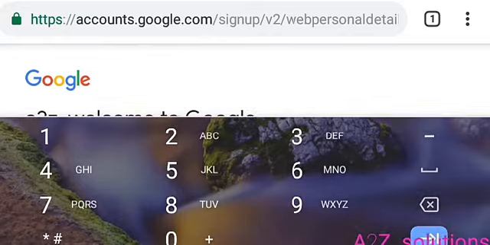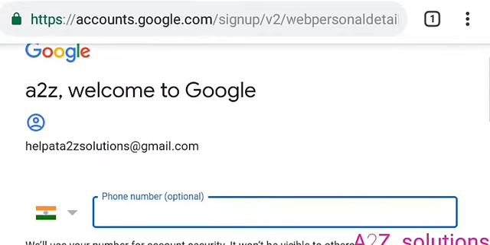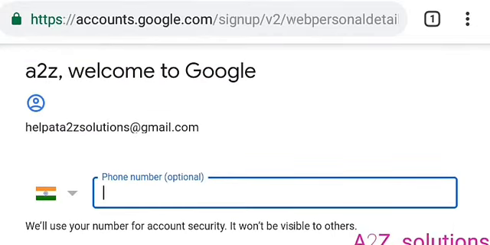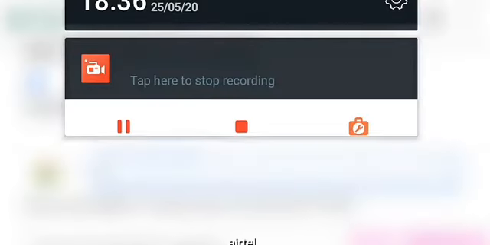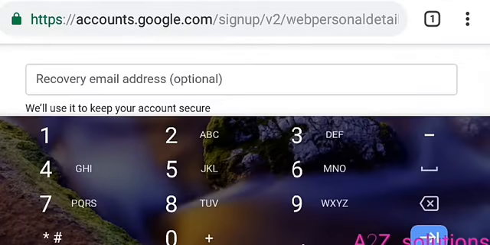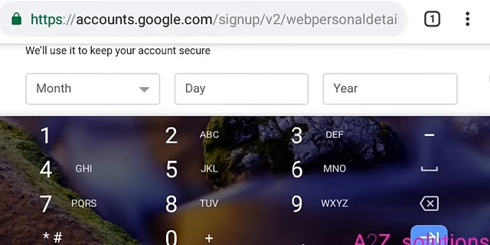We can see welcome A to Z, which is the name I gave, and the email, that is help at A to Z Solutions at gmail.com. Here it is asking for the mobile number. So you give your mobile number here. After entering the mobile number, it asks you for the recovery email address. It is optional. If you have an email address, then give it, or you can just skip that option. The next,